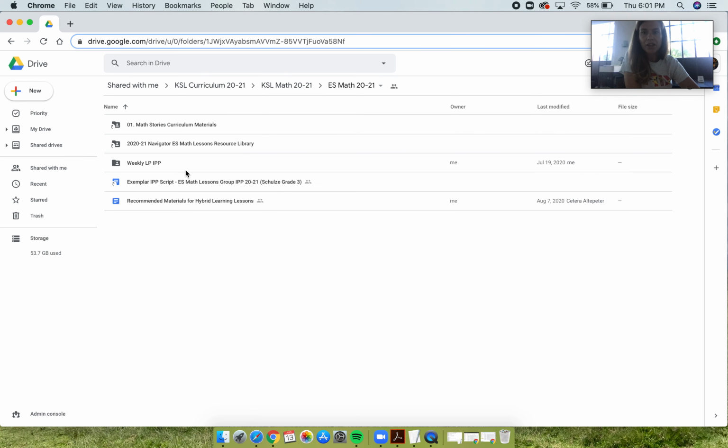And then within this folder, we have a few other folders. We have this Math Stories curriculum folder, and then we also have this Math Lessons resource folder. So Math Stories, that's the word problems you do every day. And then Math Lessons, that's the longer chunk of math where you have either the exercise-based lesson or the game